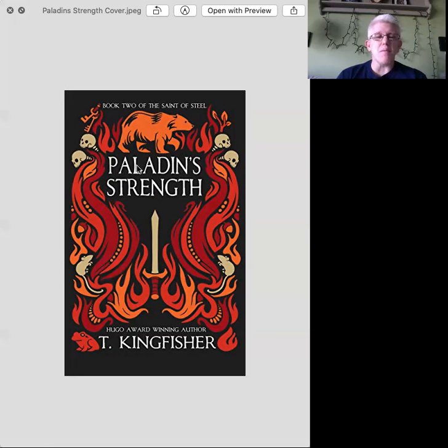The first thing I want to talk about is just look at the detail in all of these lines. Look at the use of color from this muted orange to this deep red, and all the colors you see here are in that same palette, in that same range, and that's awesome. And the last thing I want to mention is a concept called directional lines of force. Directional lines of force is when the eye goes to something, and for me, it's the title text, Paladin Strength, and then the elements in a design